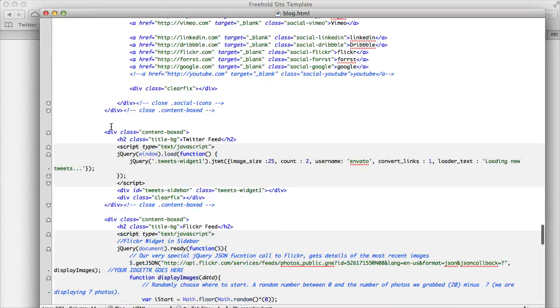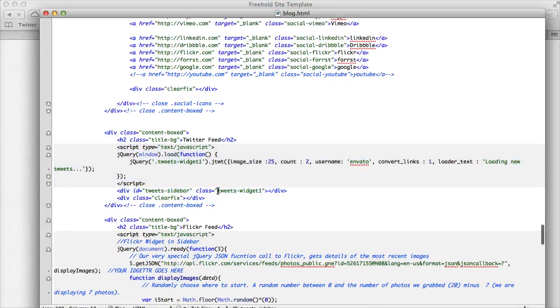alright, we have our Twitter feed right here in the sidebar, and it's really easy. It's just a set of JavaScript and a div, and then this JavaScript gets imported onto this specific div right here,